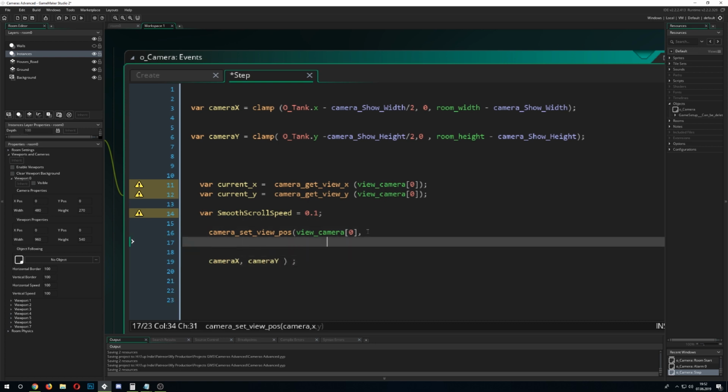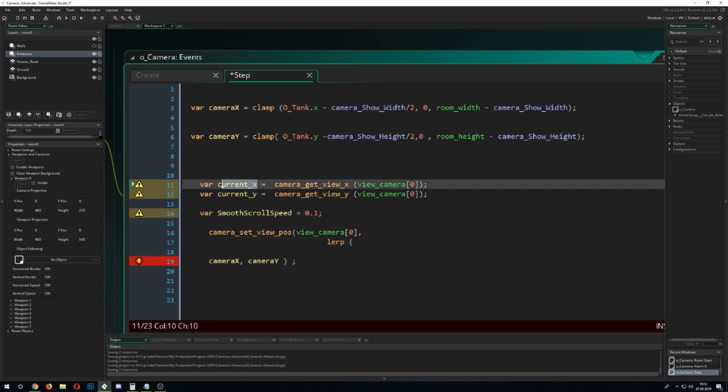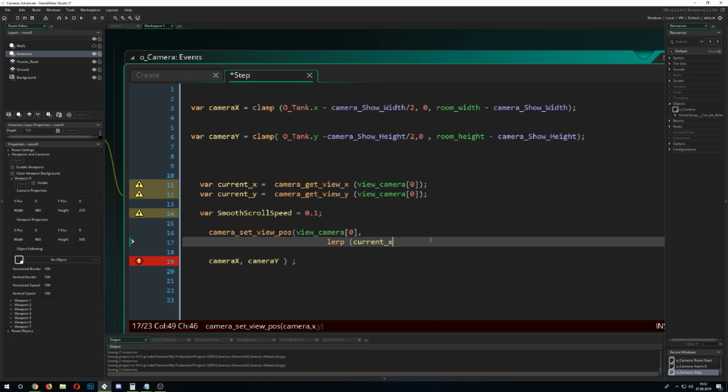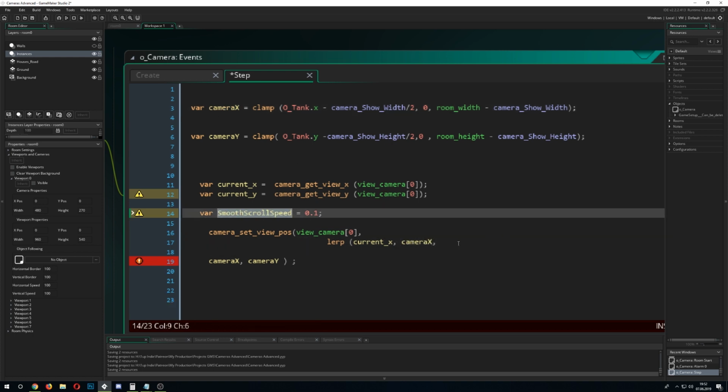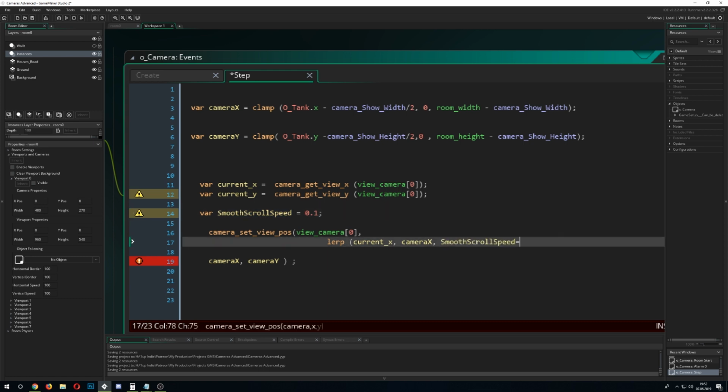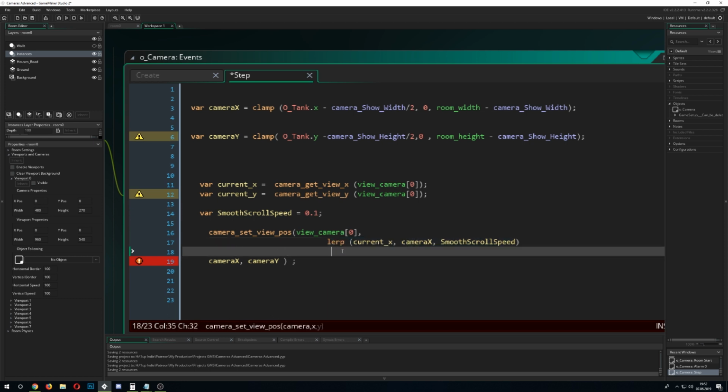We just go for a lerp function, which we just drop in there, and here we just do a linear interpolation between the current position of the camera, then the camera we want to move it to, and apply it with a speed value which we set up here, and the same for the Y value as well. So we do this, Y